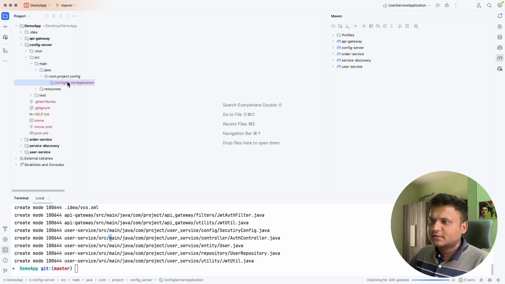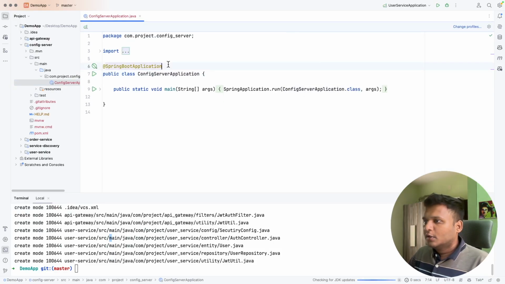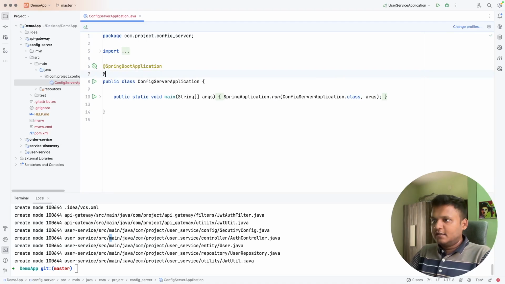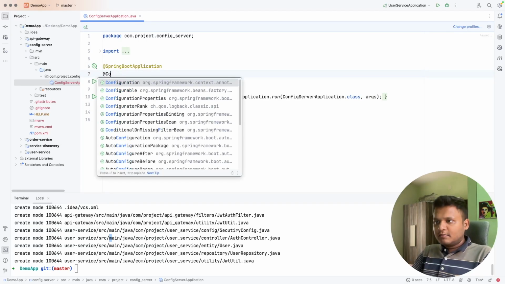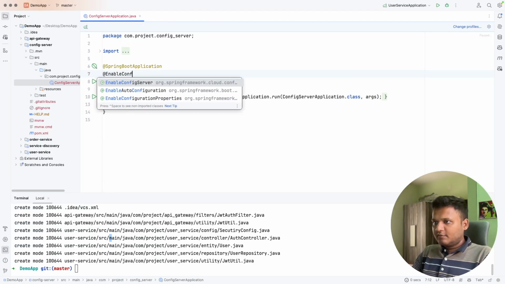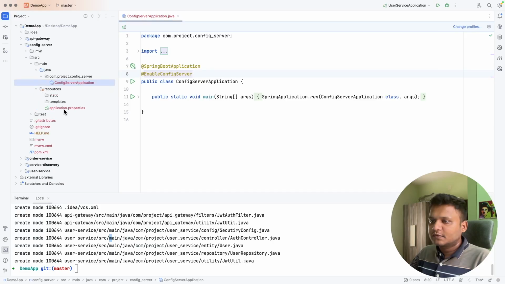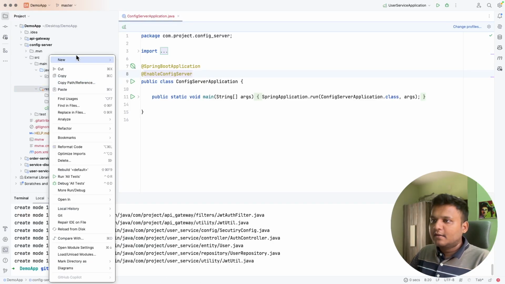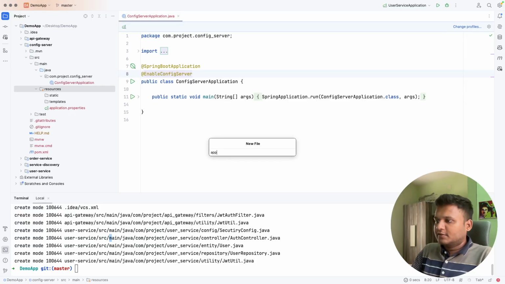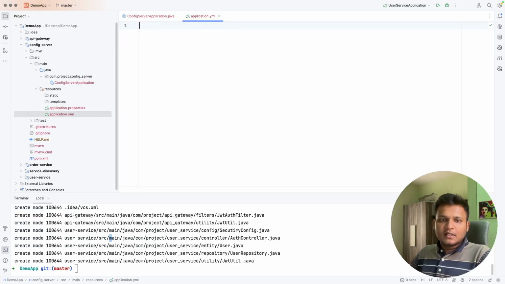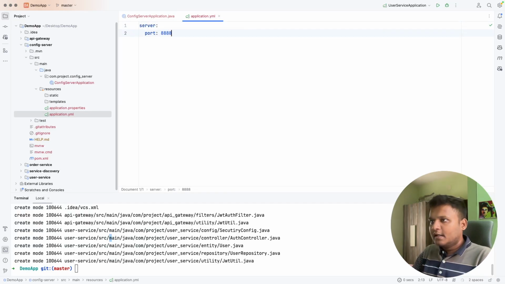So it's just a simple Spring Boot application. I need to add one annotation here, which is @EnableConfigServer. That will treat it as a Spring config server. And here in the resources, I'll need to add one file, application.yaml, for the configuration. So here server, the port will be 8888, and